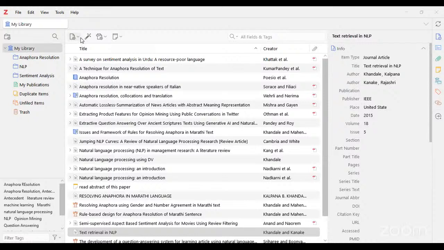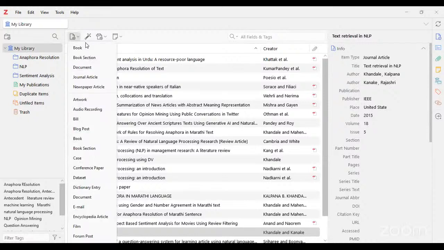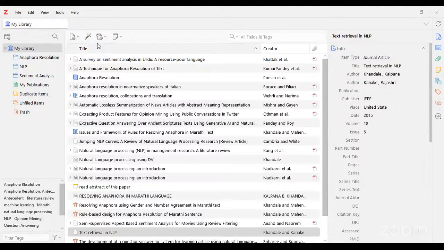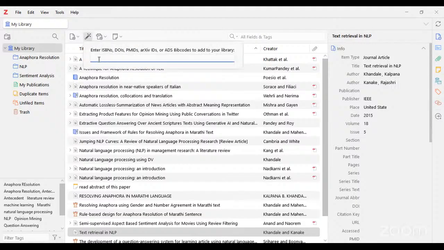Okay. So this is the reference tab, and this is also manual adding of the paper, which is time consuming. So one more option is present there, that is Add Item by Identifier. Here you can enter an ISBN number or DOI number or PMID number, and just by adding the DOI number, your paper is automatically added into that library. So one paper we have added here with the help of an identifier.